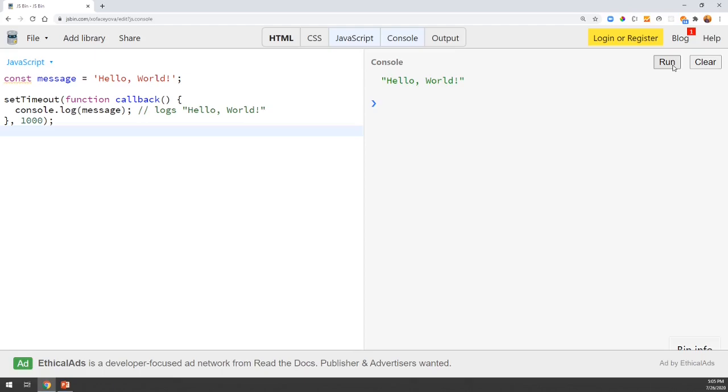So again, same thing here: message will be accessed inside our set timeout only because of closure. So the callback plays the role of closure here. Inside our callback function we'll have a closure, and we'll have that outer constant variable message. So that will be accessed inside our set timeout callback. So this is an actual use of closure.